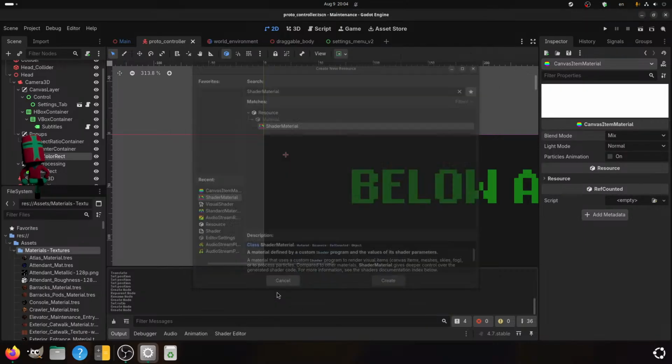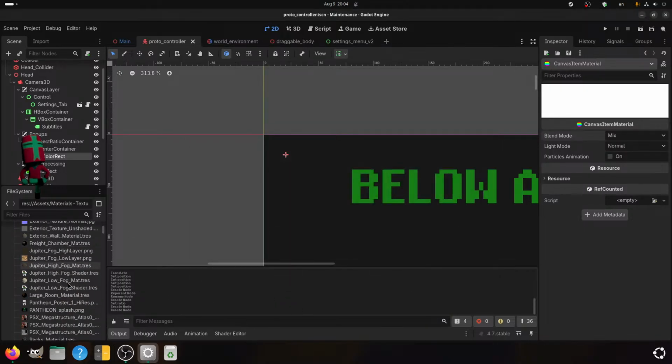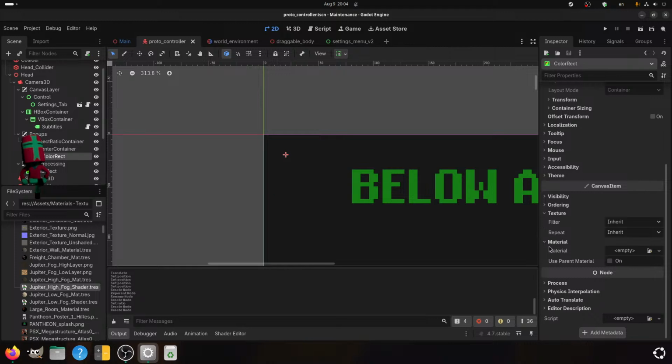Wait, how do shaders work again? It's been a while. Visual shader. You want like a shader material.